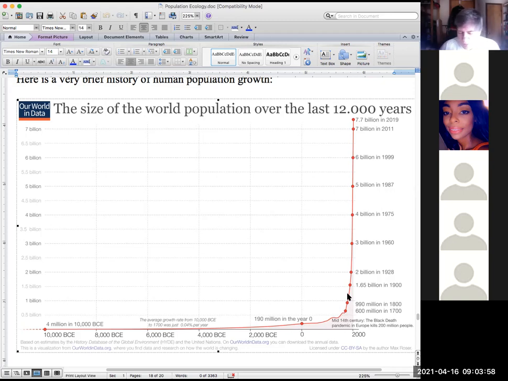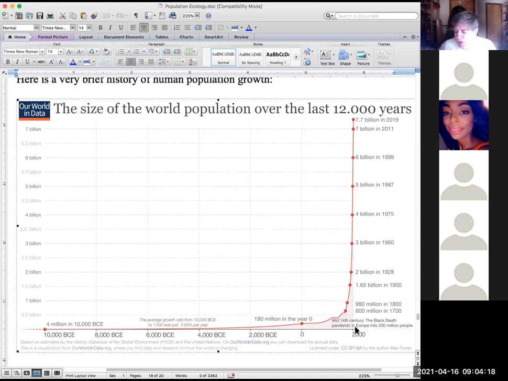Now, this is significant because if you look back, we'll talk more about what happened during some of these time periods, but if you look back to about 10,000 BCE, which is where our graph starts, so it took roughly